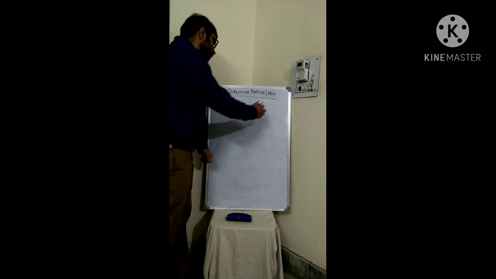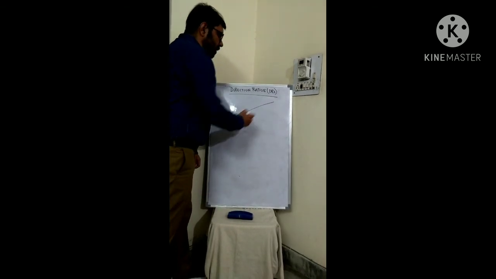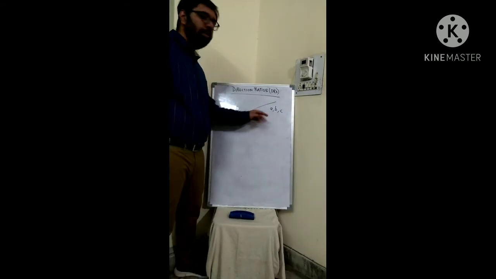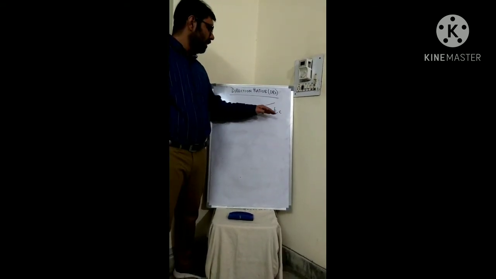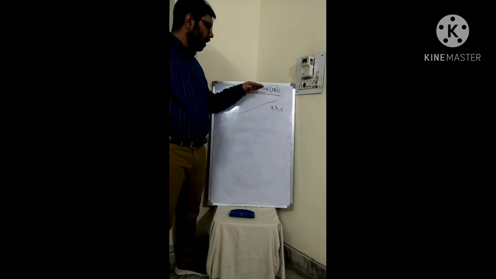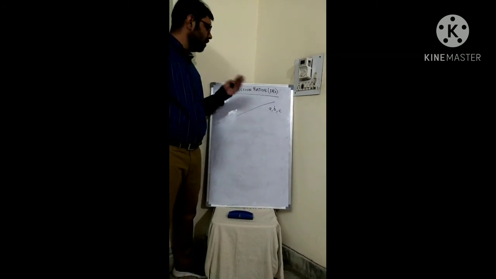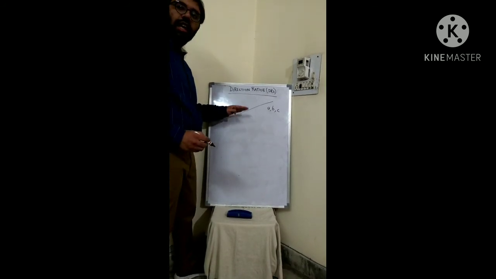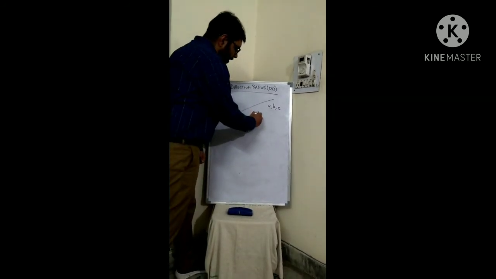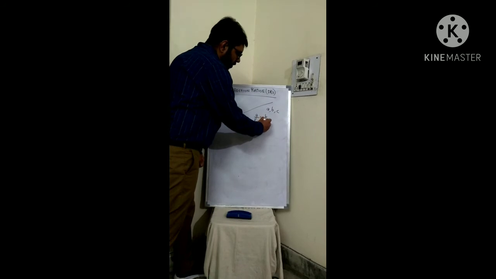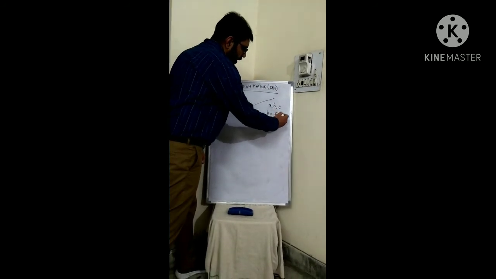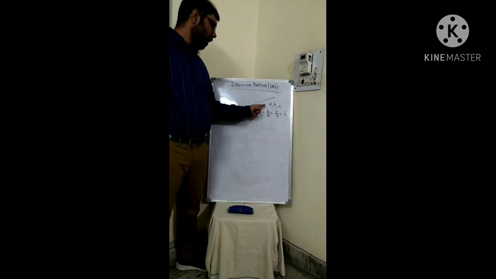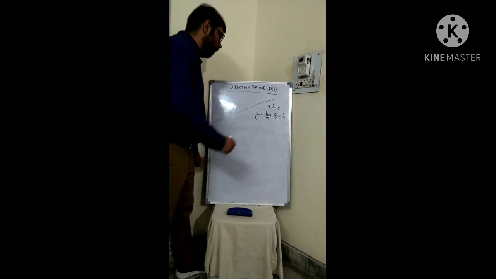So for any line which is represented in three-dimensional space, if I say the direction ratios are A, B and C, it means that the ratio of the direction ratios with the direction cosines is always constant. So if the direction cosines for this line are L, M and N, then we can say A by L is equal to B by M is equal to C by N is equal to lambda.